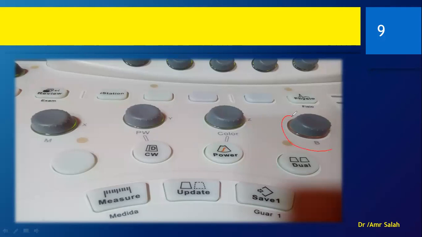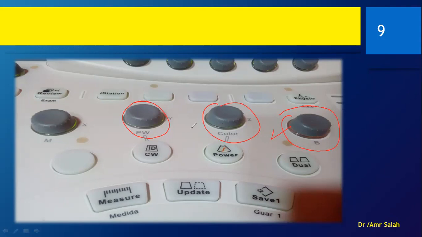Now we have here the B mode, the color mode, and the pulse wave. These are the three main things in our standard Doppler examination. The B mode controls the basic ultrasound picture, and this is used for almost all ultrasound examinations and in Doppler, of course, but in Doppler we will proceed to the other two. Knowing this quite well will be useful to you in all types of examination.